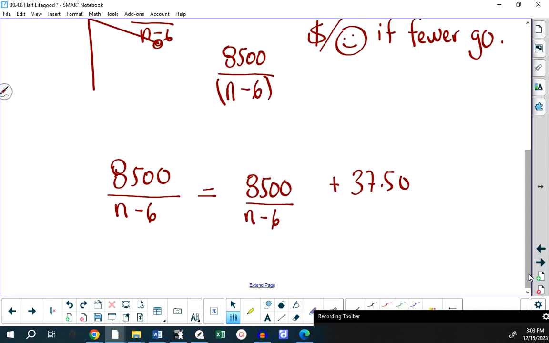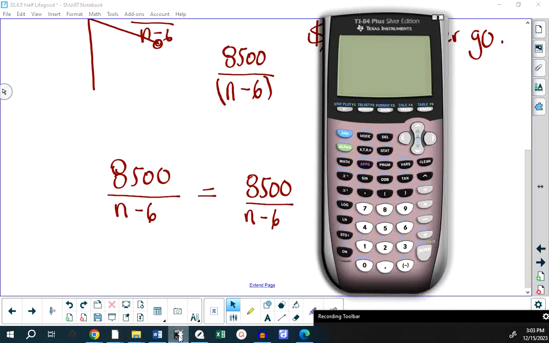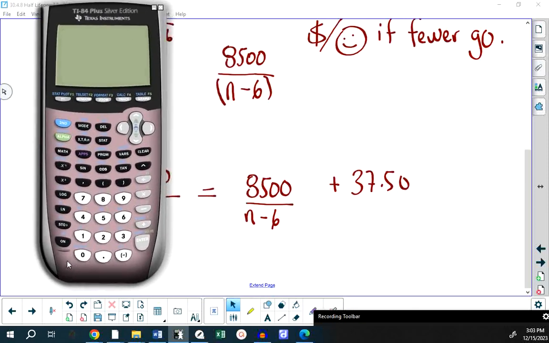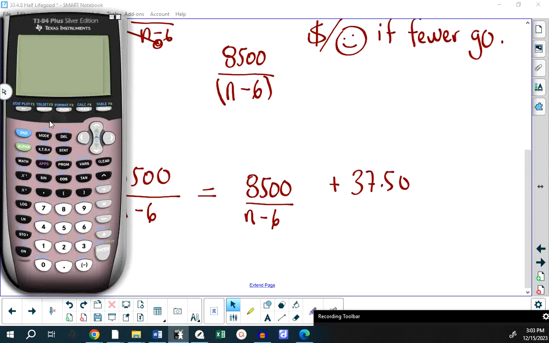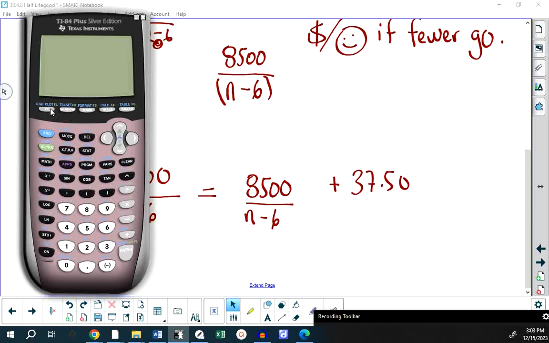However, all this being said, and everybody, I'm giving you a good advice here, I don't think you need to solve this problem this way. Okay? What you can do, since it is a numerical response question, which means nobody really cares how you get the answer, is I can put into my calculator